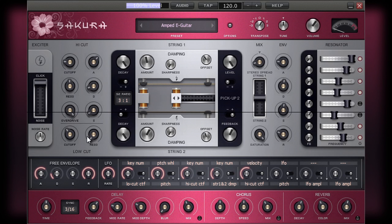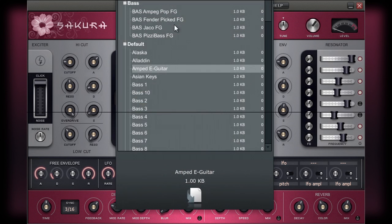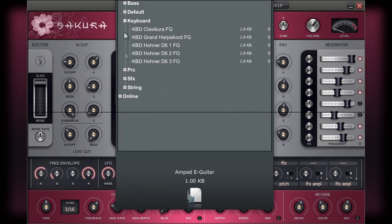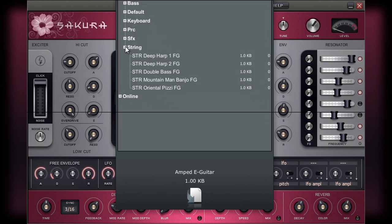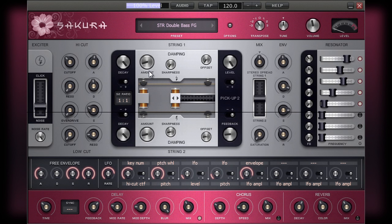The other controls in the high-cut filter section are used to further shape the high-frequency content. Perhaps it is best to show you how these work by letting your ear hear the effect that it has on the patch that emulates a bowed string instrument like this double bass patch. We can start with the attack, decay, and sustain controls. If you have a listen to the effect that changing the attack parameter has on this sound,